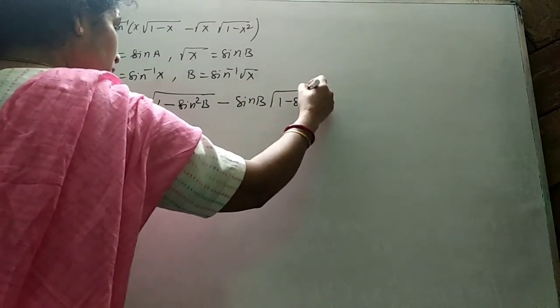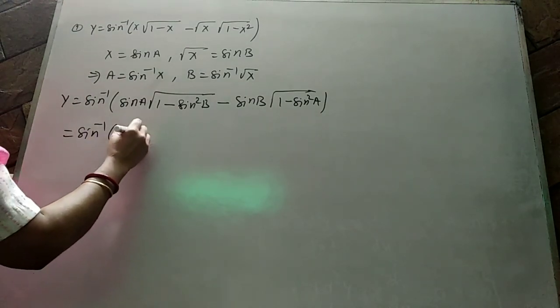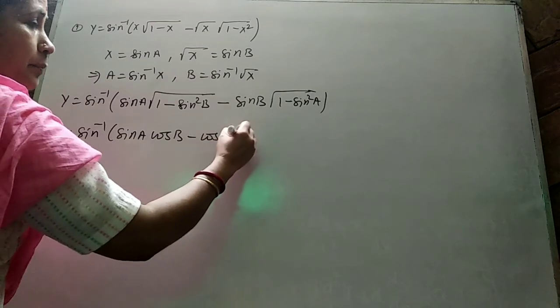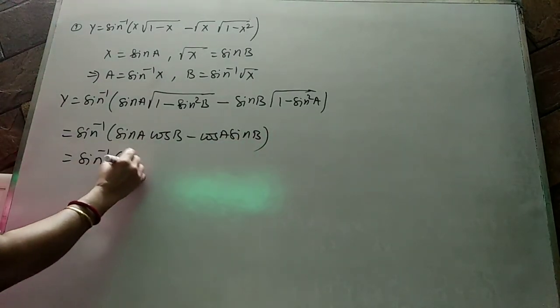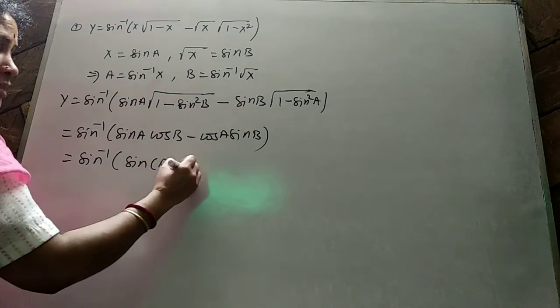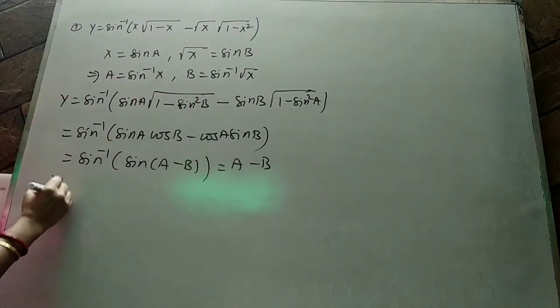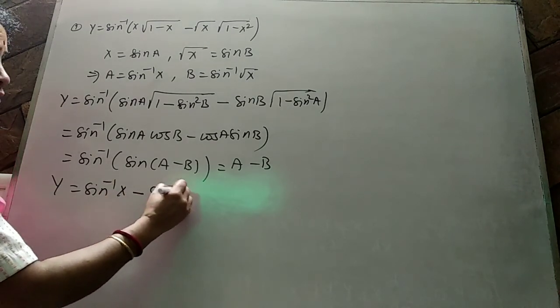समझ आया क्या बताया? सो ये टिप्स आपको सीखने पड़ेगा। ये हो जाएगा साइन a कॉस b और माइनस वो हो जाएगा कॉस a एंड देन साइन b। नाउ फॉर्मूला बन गया, जो व्हाटएवर आपका टारगेट वो आ गया। साइन ये हो जाएगा फॉर्मूला a माइनस b। नाउ साइन इनवर्स साइन कैंसल, a माइनस b। a वैल्यू वी हैव दैट इज साइन इनवर्स x एंड b वैल्यू वी हैव साइन इनवर्स रूट x।